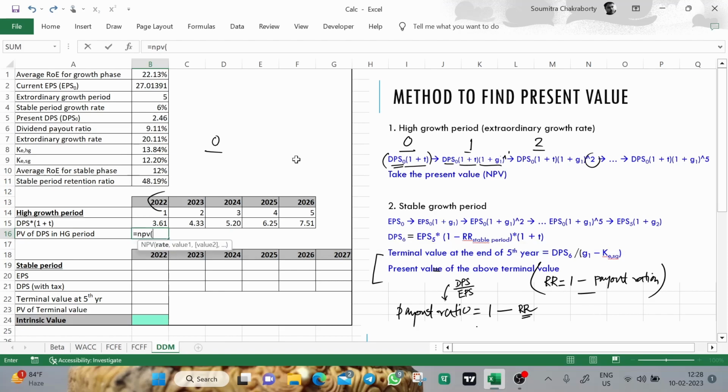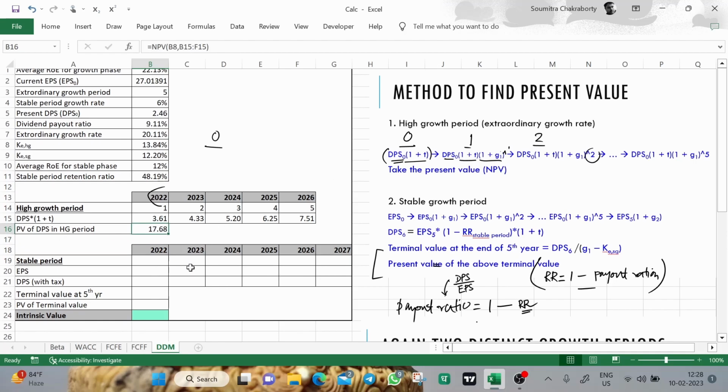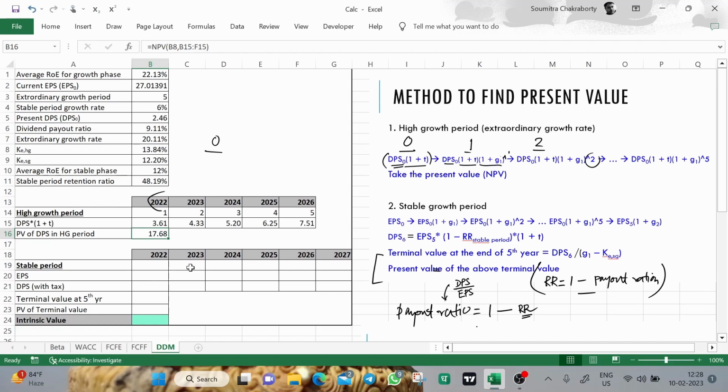So NPV of what is the rate in this case? We will not take the weighted average cost of capital, rather we will take the high growth period's cost of equity. So this one, and then these are the cash flows, right? So this is our NPV, PV for the dividend. Now we need to find the terminal value. That means the stable period calculation. So for that, again I will write the year numbers here,